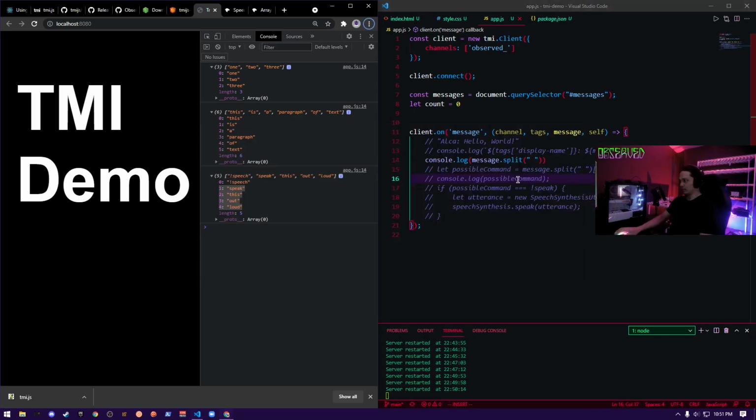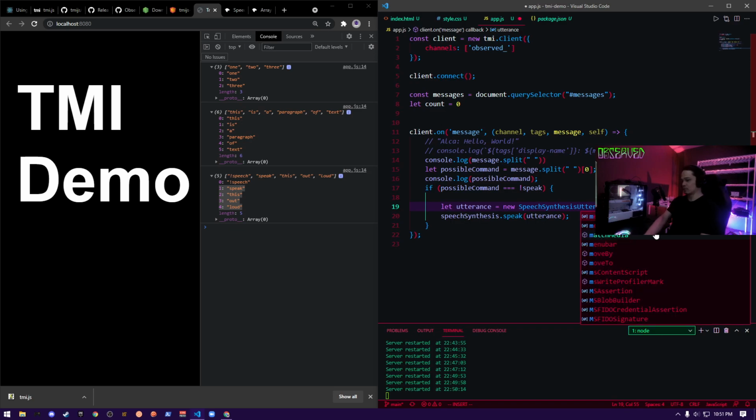So I think if we have this possible command equals speak, then we need our text message right here, or message body. I'll call it message body because we don't want the command, right?